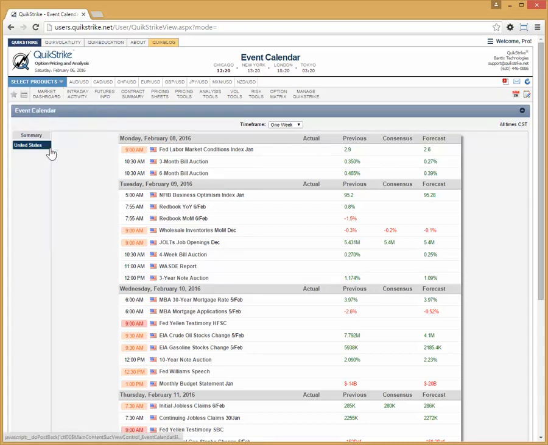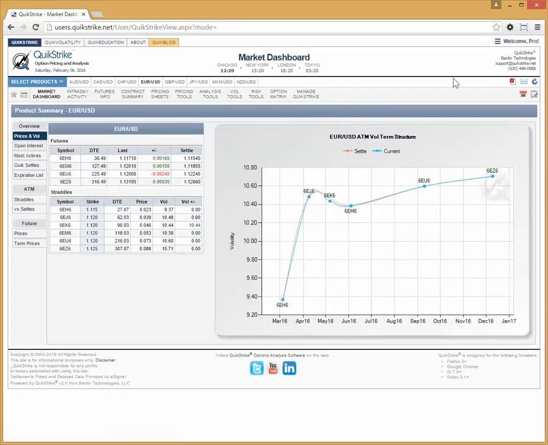So we're going to go to the product overview. Again, this is going to be your landing page, right? When you log in, this is the first place you go. We reviewed this in prior videos, but what we've done is we've added this expiration list tab. This expiration list tab is also available in Quick Education under the contract spec stuff, but I thought that might be a good idea to get it in here too after we were talking about a few things,